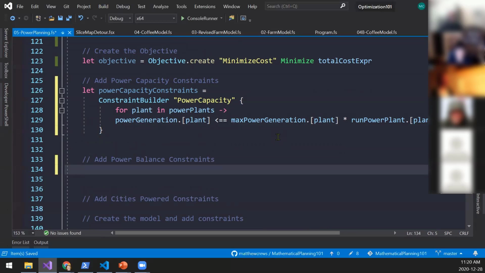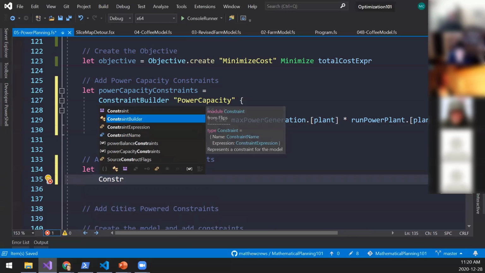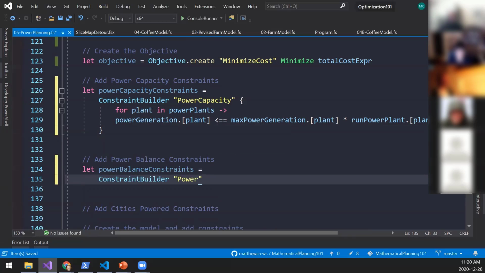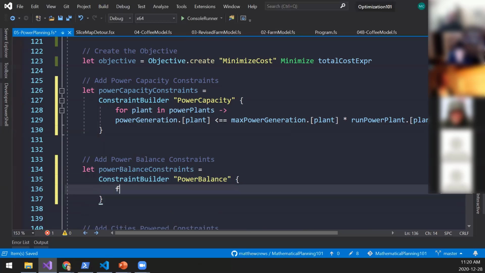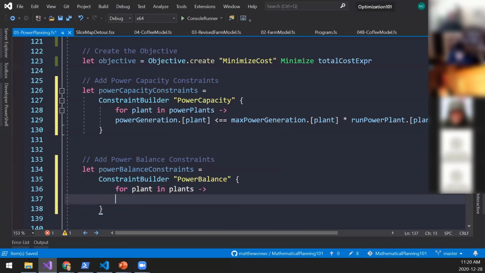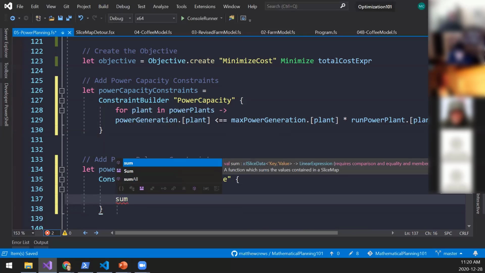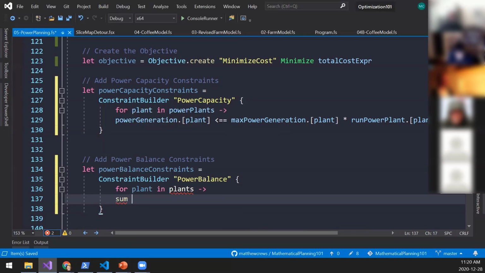Now we have our power balance constraints. So if we're saying, however much we generate and however much we send, this needs to make sense. So let power balance constraints equal constraint builder power balance for plant in plants, the sum of power sent.